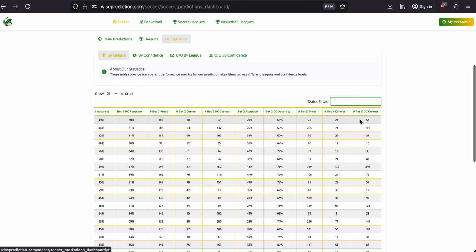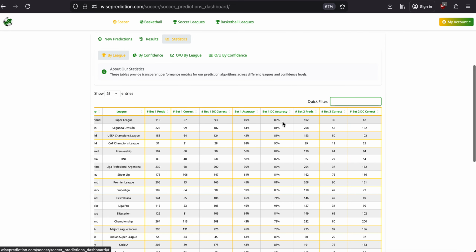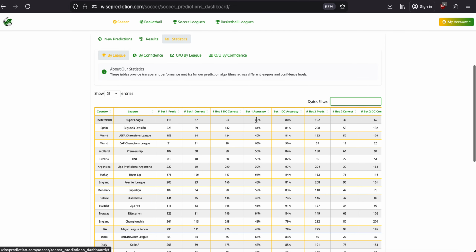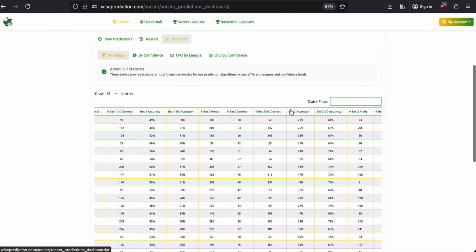And you see the accuracy results for other bet types as well. For example, bet 1 accuracy is 49% for Super League from Switzerland, and double chance accuracy is 80%. And bet 2 accuracy, away team wins predictions accuracy, is 29% and 61% for double chance. So seemingly, in the case of the Swiss Super League, it seems to be quite difficult to predict away team wins